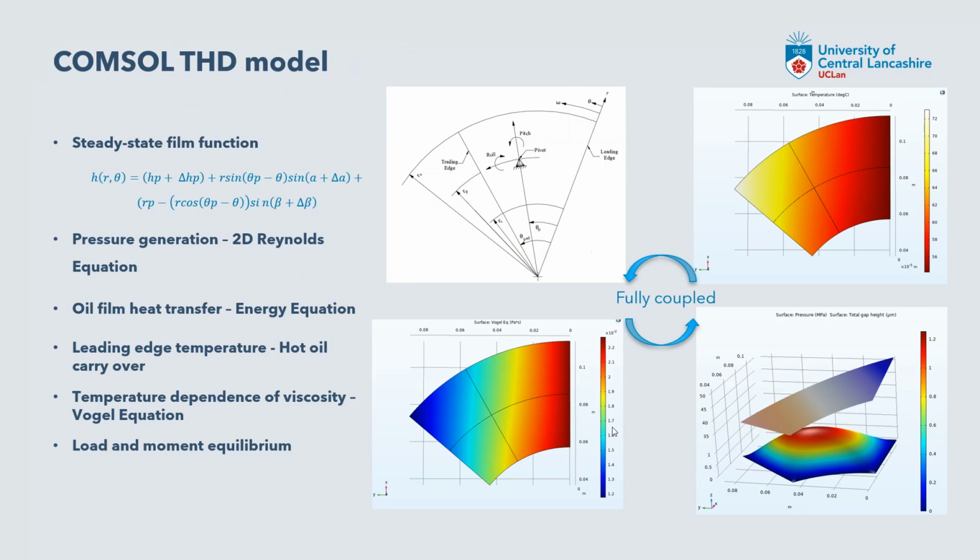the film function is defined by the film height above the pivot, the tilt angle and the roll angle, and then the position of the pivot. It also combines the pressure generation due to the 2D Reynolds equation, which is commonly used, oil film heat transfer, the energy equation, leading edge temperature due to this hot oil carryover, and the temperature dependence of viscosity, with the viscosity in the oil film determined by the Vogel equation, and then finally the